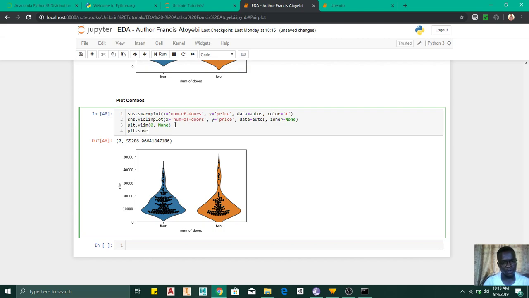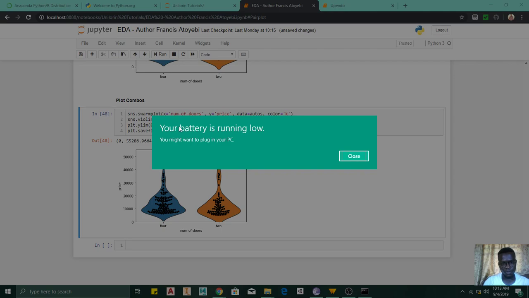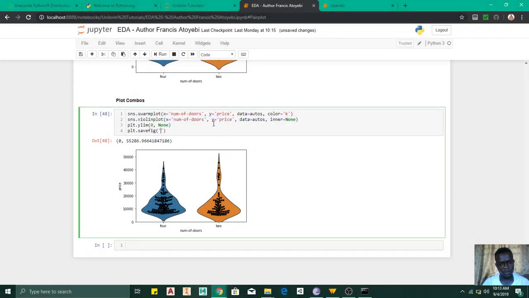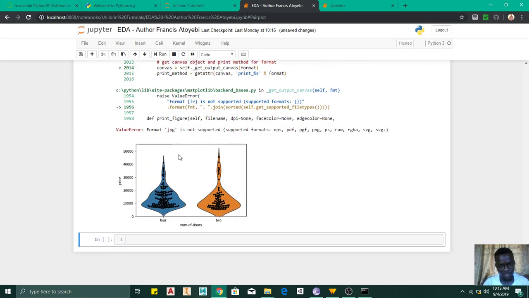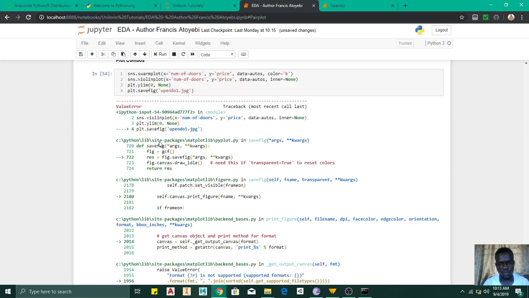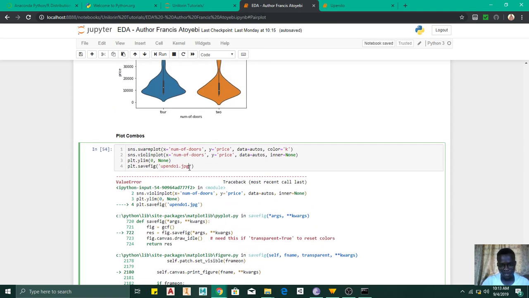plt.savefig, then we open and close brackets, and we name the figure. So let me call this upendo1.jpg. I run this. So it's returning an error for me. It's telling me that it supports PNG and so on. So you just choose one of the ones it supports, and let's say we'll go with